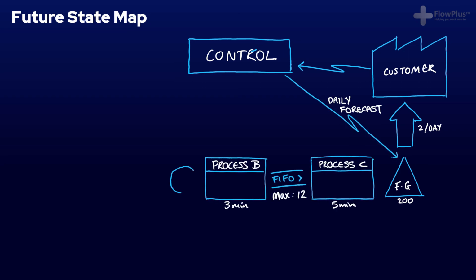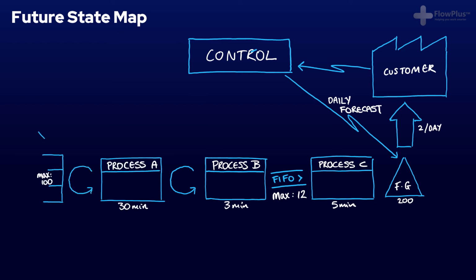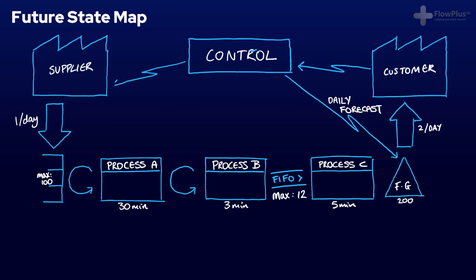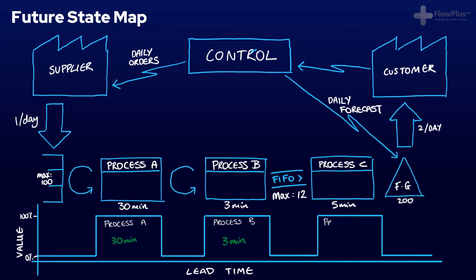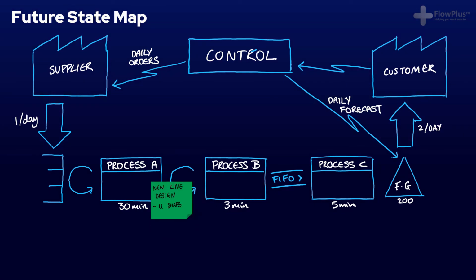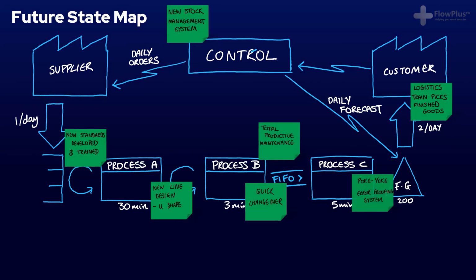With the new way of working, what is the minimum stock that can be held at each process? Is it possible to work in single piece flow? Like the current state map, start with the skeleton for the process flows, then start putting meat on the bones with data. Finally, you need to document the solutions that you have devised and put them as green post-it notes